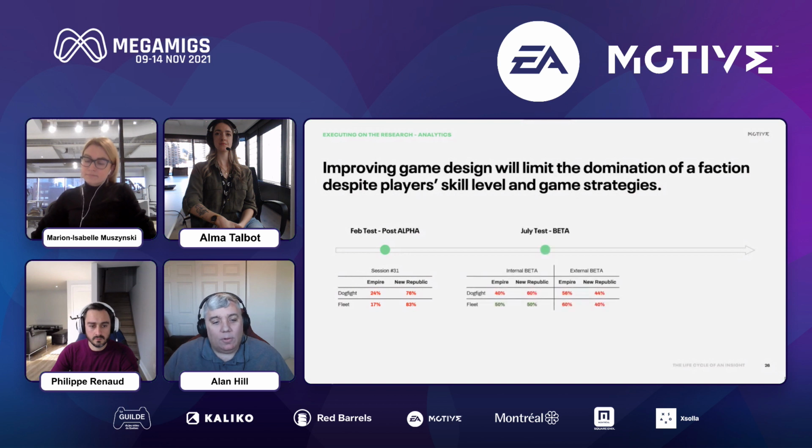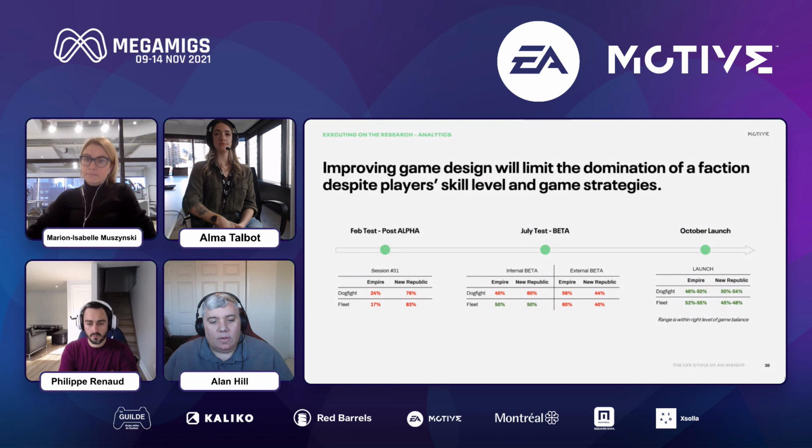By the time we got to some large-scale betas, the balance was much closer, but still wasn't quite where we wanted it. At this point, we were narrowing in on not just the shield's asymmetry, but also identifying if there were overpowered ship classes or components. By the time we reached launch, we had gotten to an acceptable balance range between the two factions across the primary game modes. Keep in mind, though, that even after launch, balance can change, either through the introduction of new ships or components, or simply by players learning new or more effective strategies.